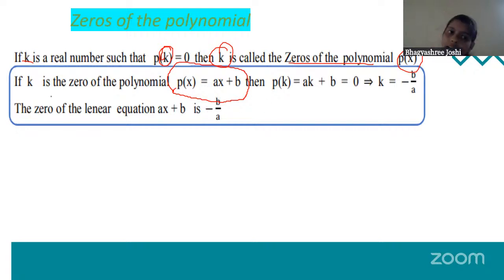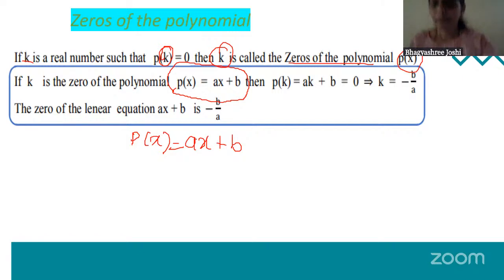Then if k is the zero of the polynomial, p of x is equal to ax plus b, okay, ax plus b, then p of